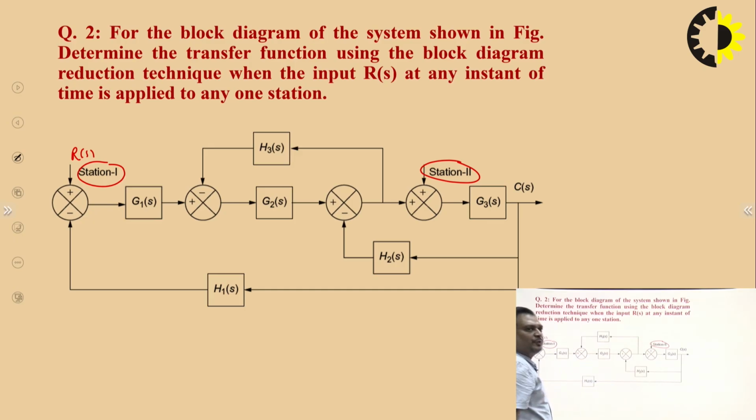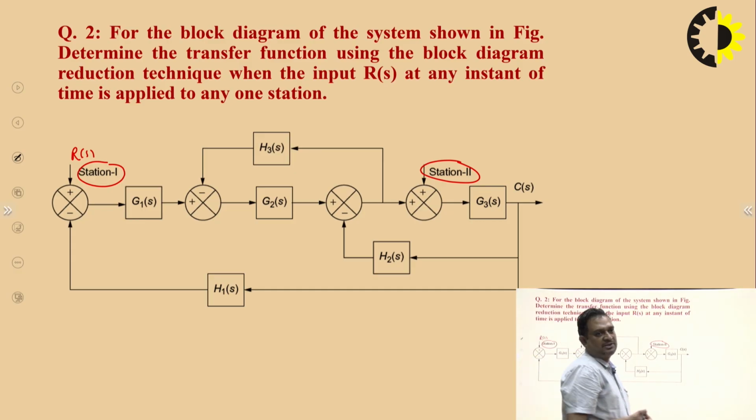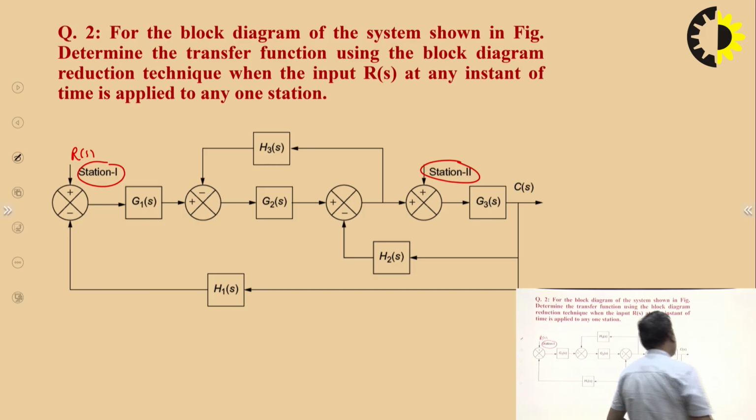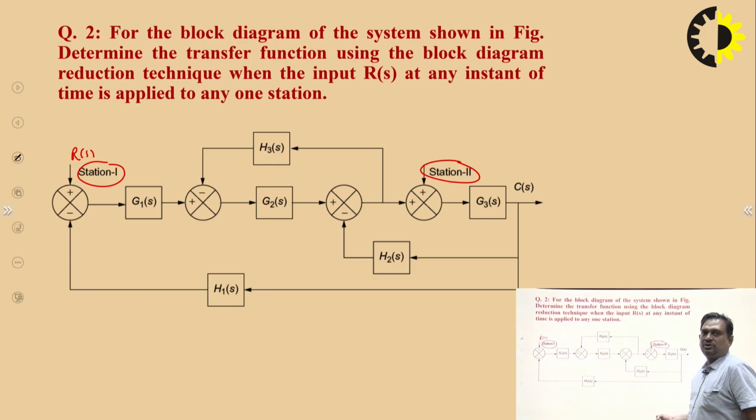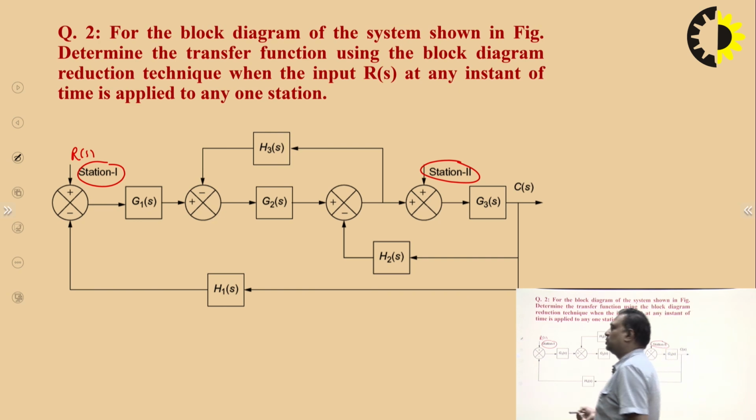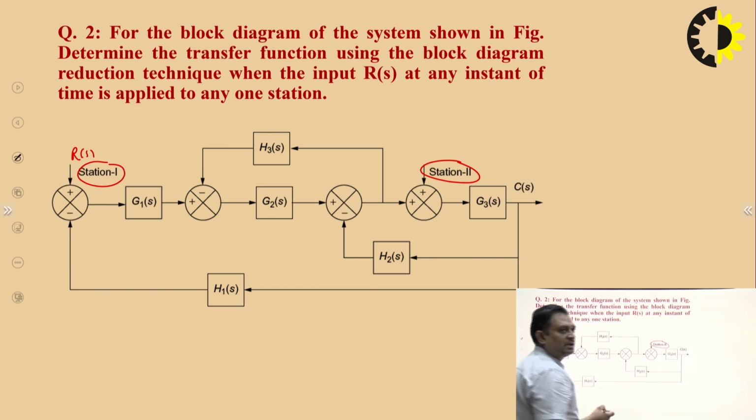So in the initial instant, what we have to do is, because these systems are linear systems, these systems follow the principle of superposition. So in case of the principle of superposition, what can you do? You can take one input at a time and get the output according to that input, and then you will take another input and get the output according to that, and then you will combine those two outputs to get the overall output of the system. Okay. So what we will do basically,